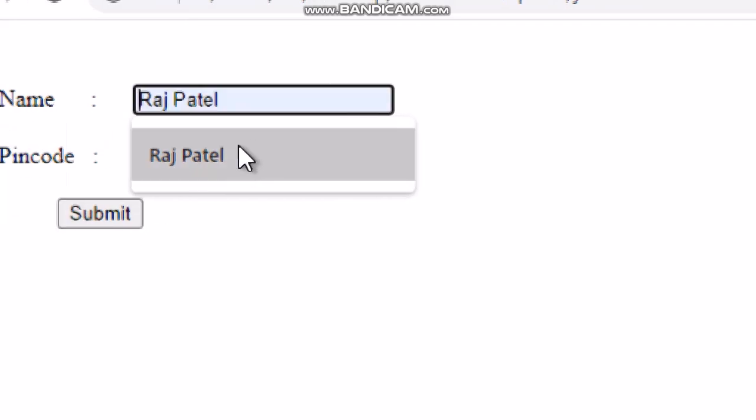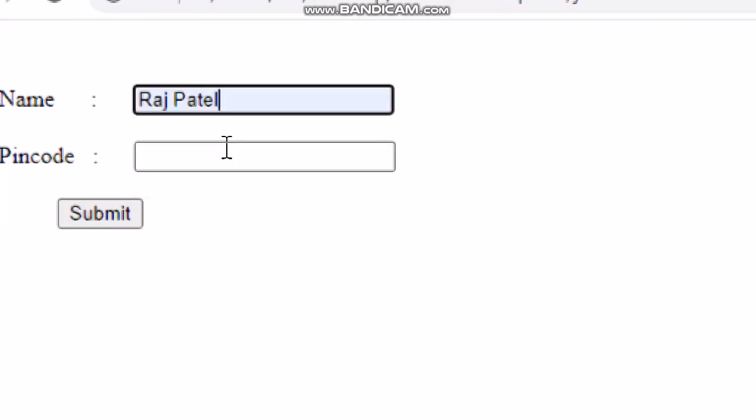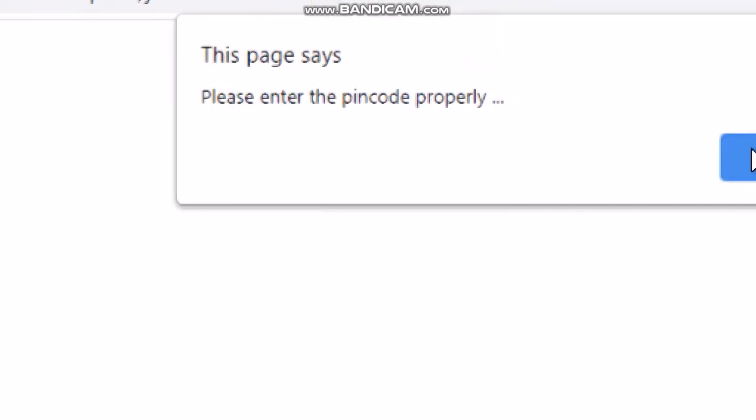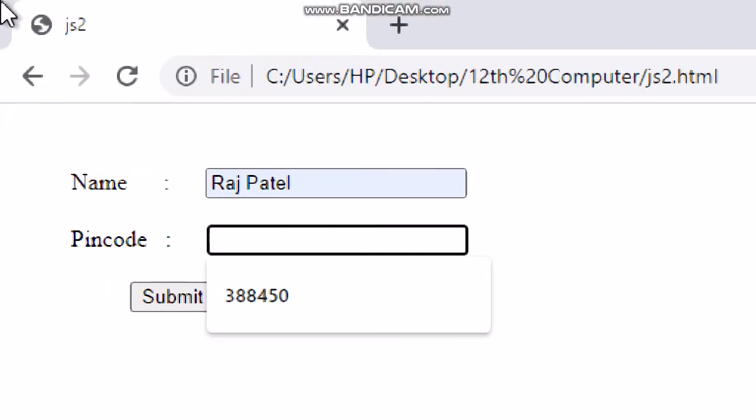After entering the name, again pressing the submit button, it will ask to enter a proper pin code. Thus, only after entering proper data in all the fields, the form will be submitted and sent to the server.